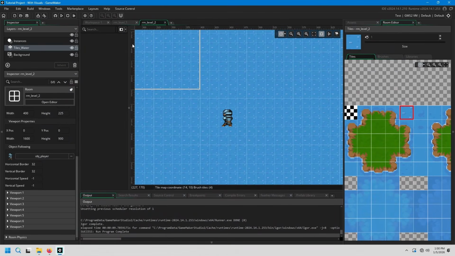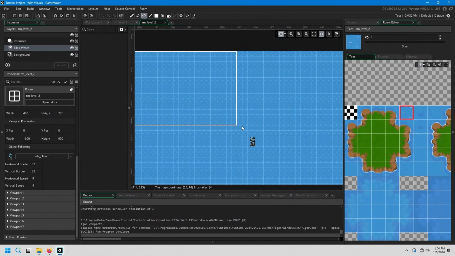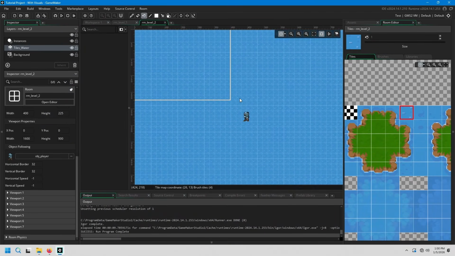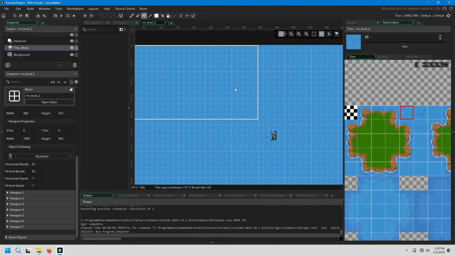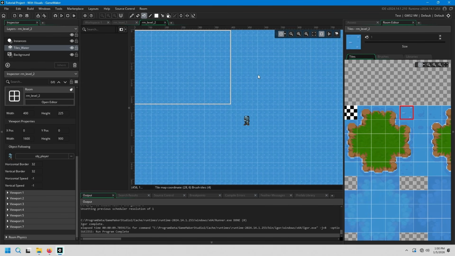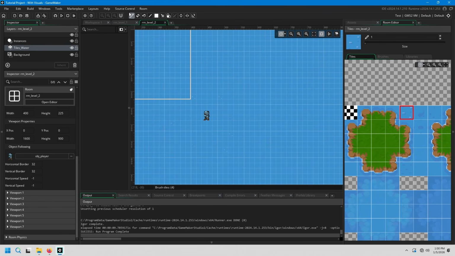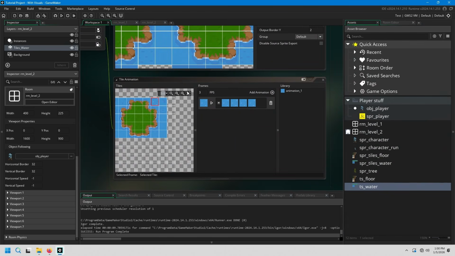Alright, that's great. So this is more of a game design thing or an artistic style thing than a technical thing, but it looks a little bit weird when all tiles in the room are the same tile and they're all animating still. It doesn't look as weird as when they weren't animating, but I kind of feel like maybe I should go and pick a couple tiles. And we can pick a couple tiles to animate, and I can paint them down like that. And maybe let me go and define a second tile